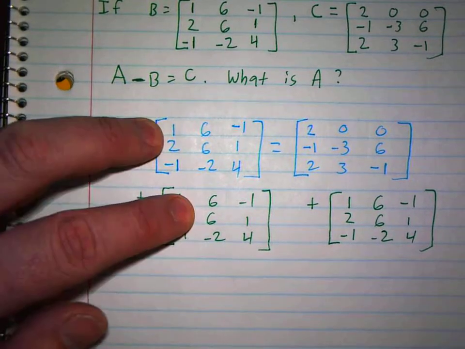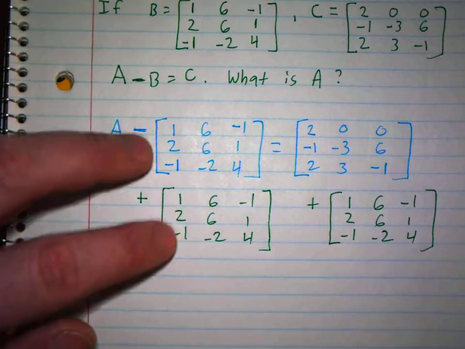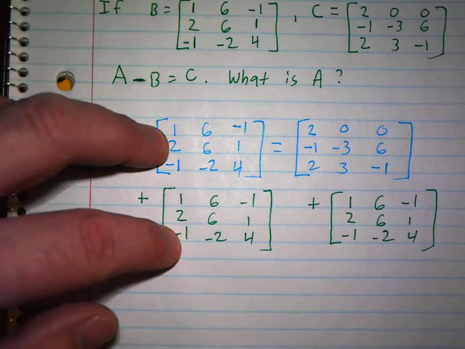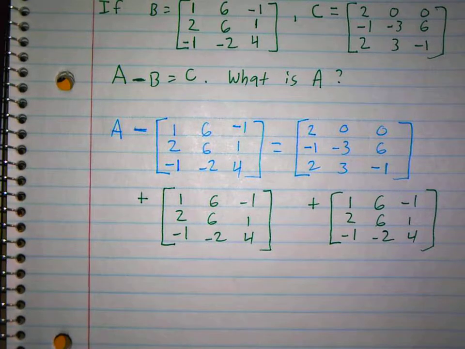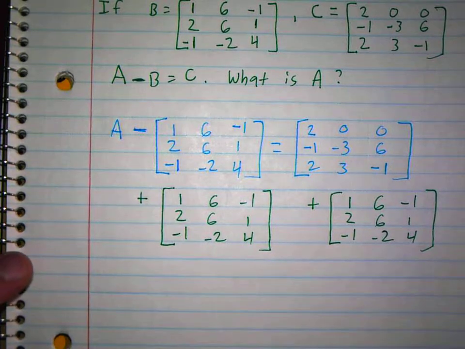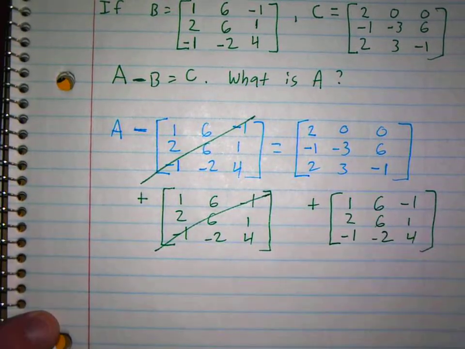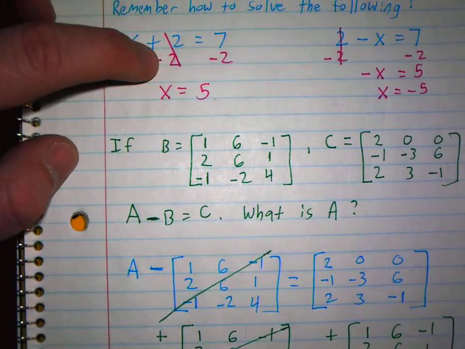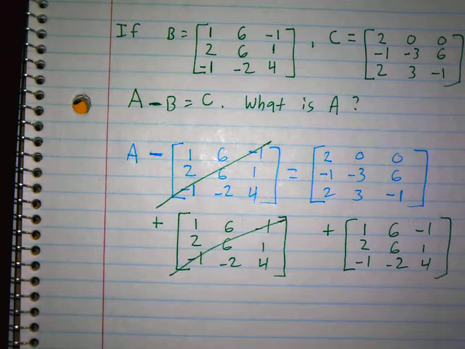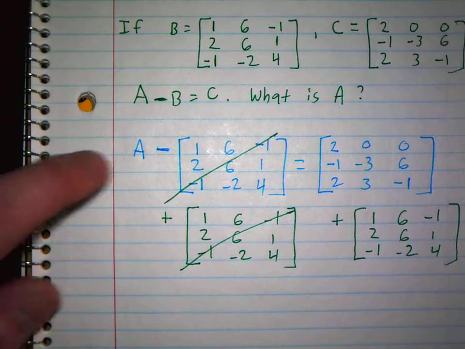Now these are called opposite matrices, or well, I wouldn't call them opposite matrices, but when you add them, they cancel out, right? You understand that? Because the opposite of negative is plus, so they cross off. Just like here, when you have 2 minus 2, those cross off because they make the 0 matrix, right? And so you're left with A